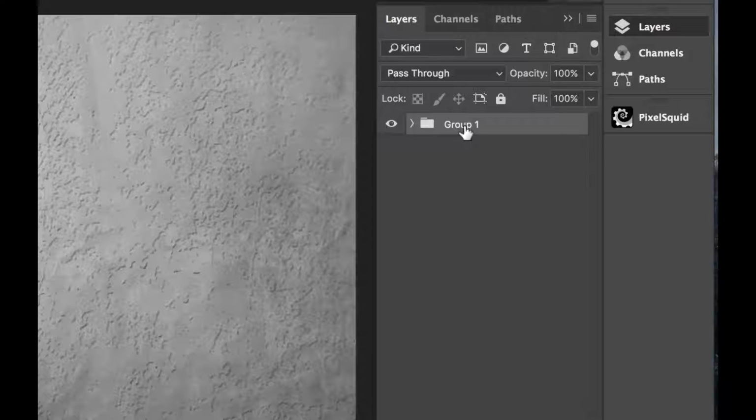And that will put both layers in a folder just to keep things organized. Now, double-click the folder label and rename it Background. Now with the background folder selected, hit Command or Control-J on your keyboard, and that's going to create a copy of it. Rename that group Sharpening, and then in the very top right corner of the Layers panel, click the